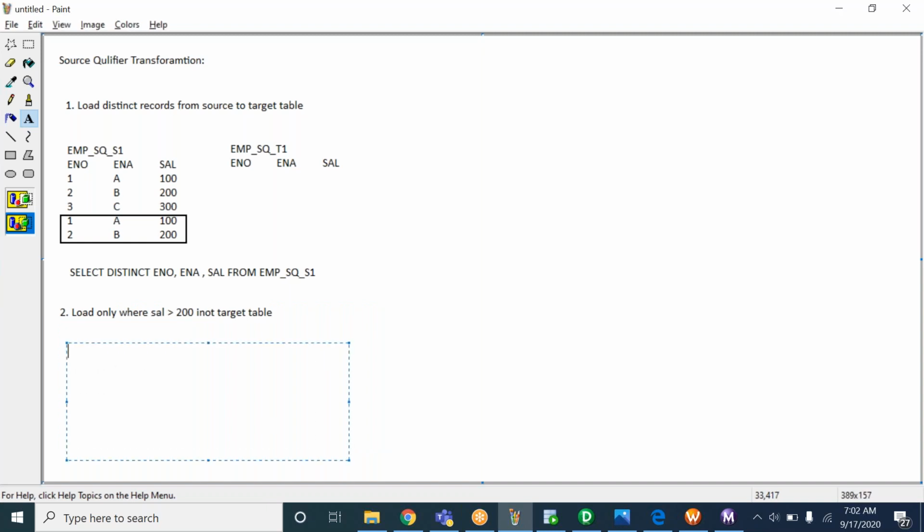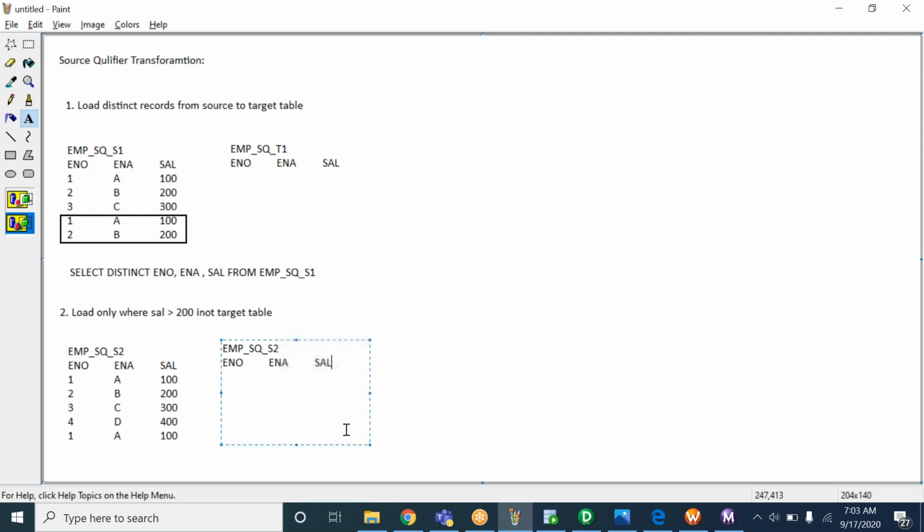You create another source and target table, EMP SQ _S2. Employee number, employee name, salary: 1 A 100, 2 B 200, 3 C 300, 4 D 400. Okay, so like this, you insert some 5 records. And then create another target table, D2. Here we have to load only salary greater than 200.